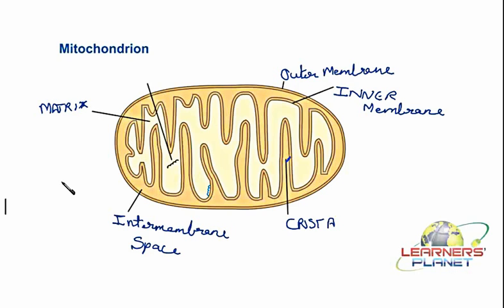So this matrix, of course, is a jelly-like substance. That means it has a maximum concentration of water inside. Besides that, there is the presence of biomolecules like vitamins, enzymes, regulators, carbohydrates, proteins, amino acids, fatty acids, and so on. There are so many different types of complexes, right? Now these are helping in the regulation and the functioning of this particular organelle.